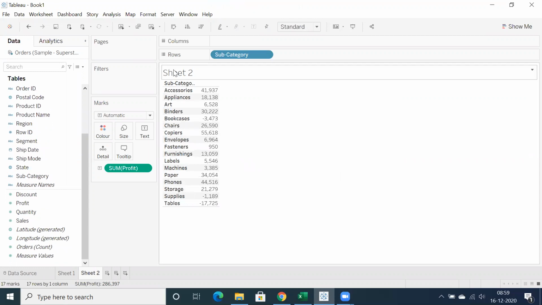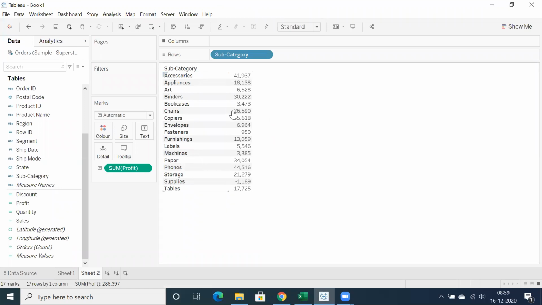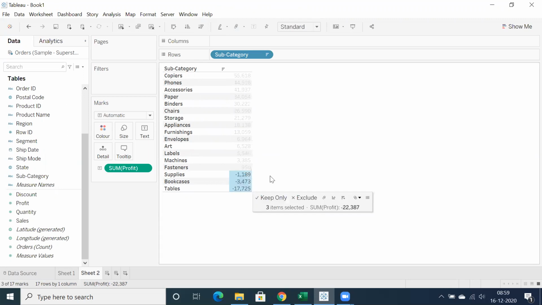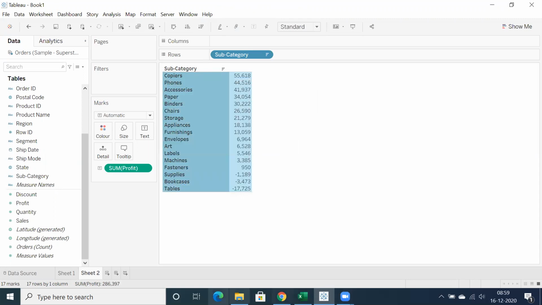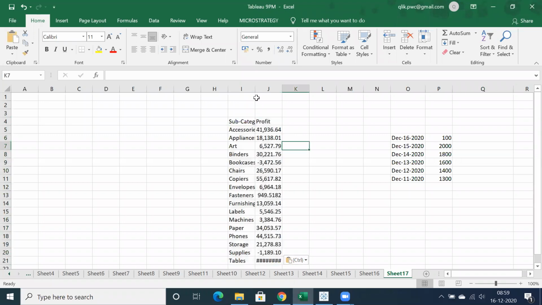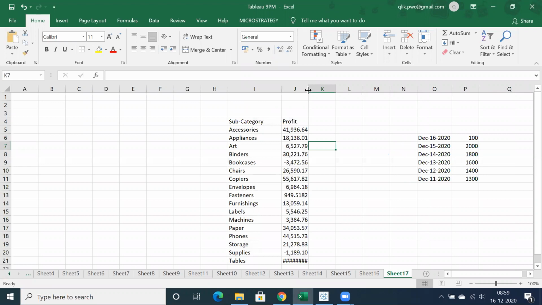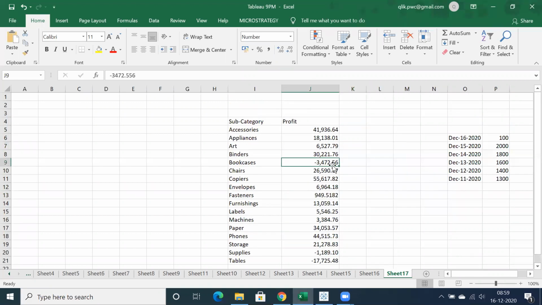Similarly, I do have subcategory-wise sales profit. Sorry, so I have subcategory-wise profit. You can see a few of the negative values. What I mean to say is, it's very simple. Let's sort it out. I want to showcase for these. Okay, let me copy. Control C. You can export, but let me copy the data here. Okay, so subcategory-wise profit. So my requirement is, wherever you can find negative values, this is a negative value.